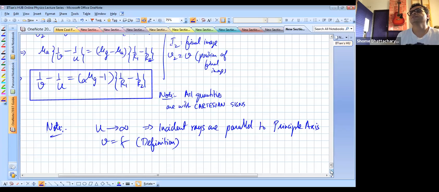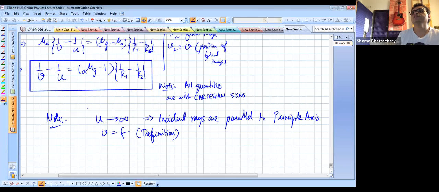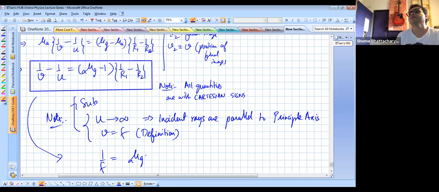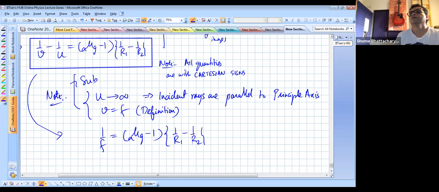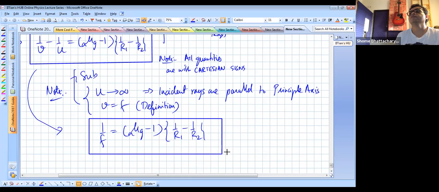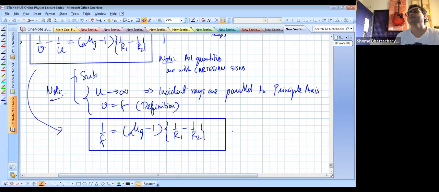So you substitute that in the above formula, put u tending to infinity, and you get this: 1 upon f for the lens is now given by this formula. Refractive index of glass with respect to air, because we are calculating the focal length for the lens in air. So this is the primary formula that we get. And this one is actually officially called the lens maker's formula,